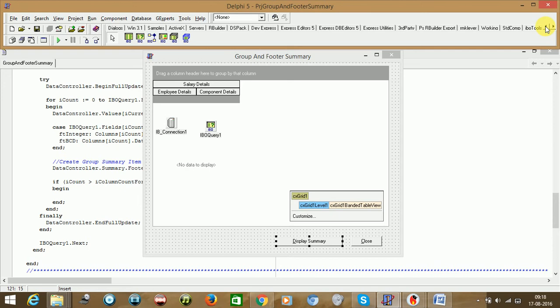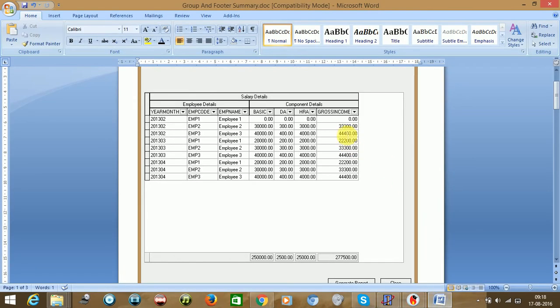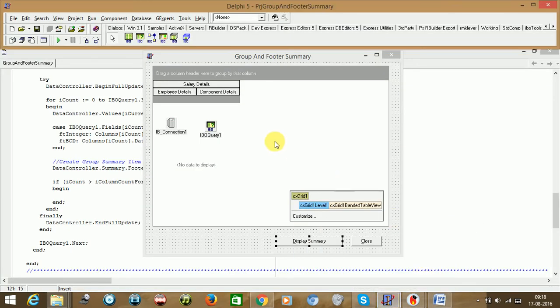So why that repository item is needed, because we need to specify the format. If you see here 0, 0.00, 0.00, so whatever the value you are having in your database, if the dot double zero is not there, we can specify that format, and we can also specify the right hand side for the column values, not for the footer. So repository item we are taking for column values.